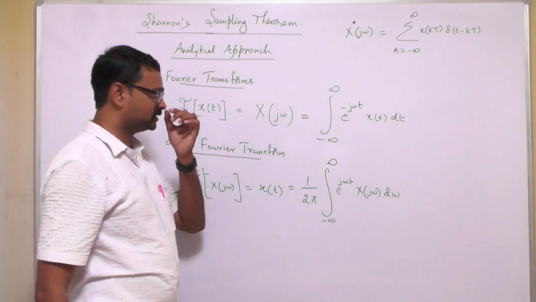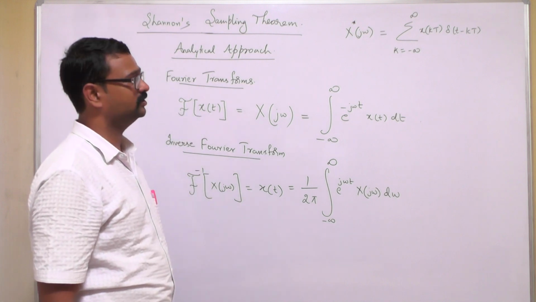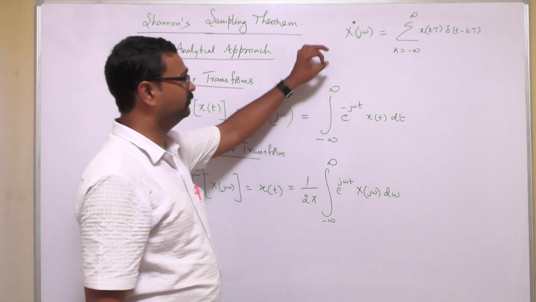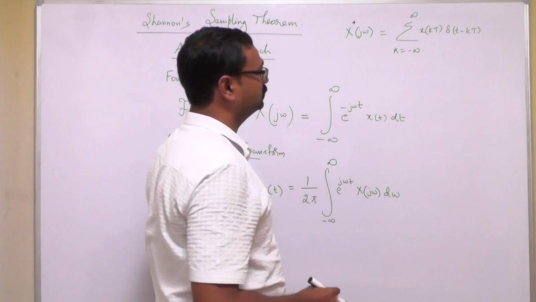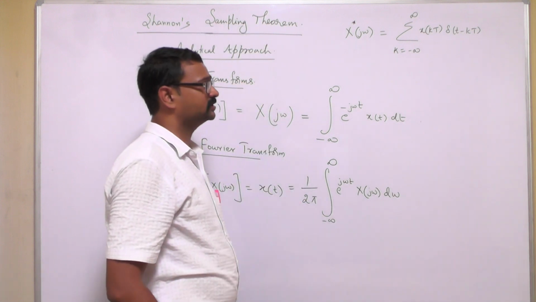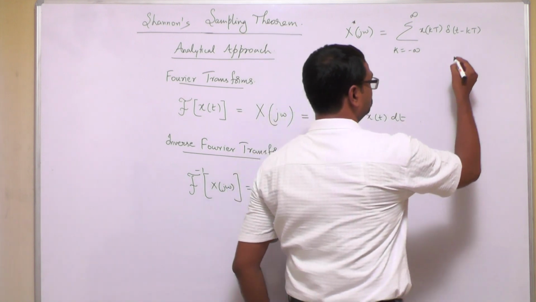This we found in our previous class when applying Laplace transforms: x star of s is the sum over k from 0 to infinity of x of kT del of t minus kT, where del of t minus kT is the